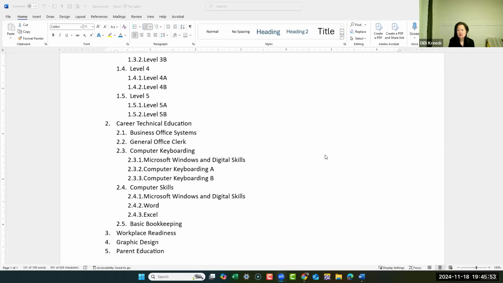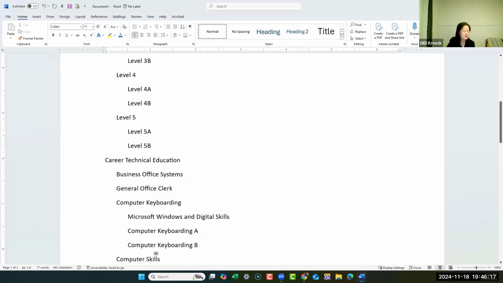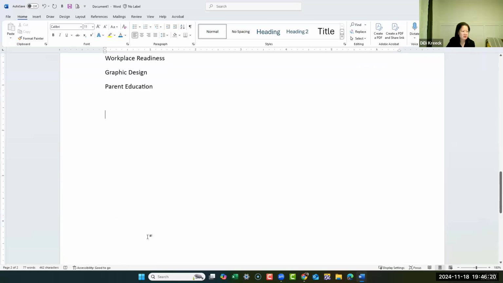And again, if you want to create a multilevel list, even if you didn't choose multilevel list from the beginning, here I'll just type something else right here. Maybe in computer skills, we have three different classes. So I am going to have computer skill and then computer keyboarding, just two examples. And because I didn't choose multilevel list in Microsoft Word to begin with,